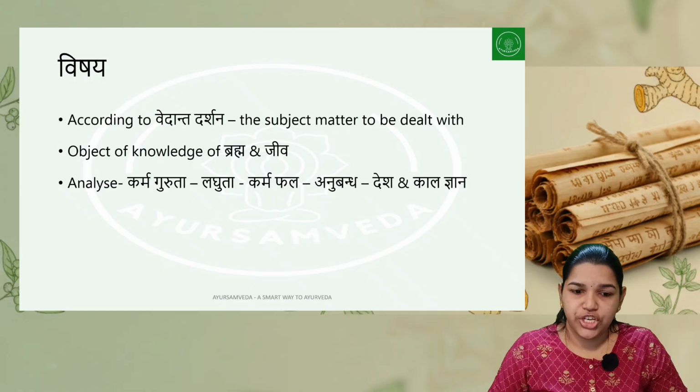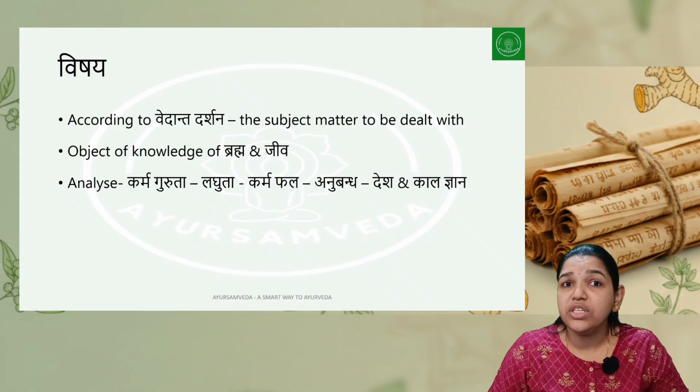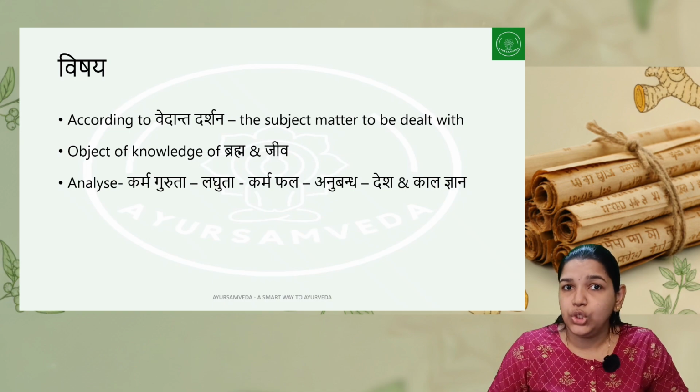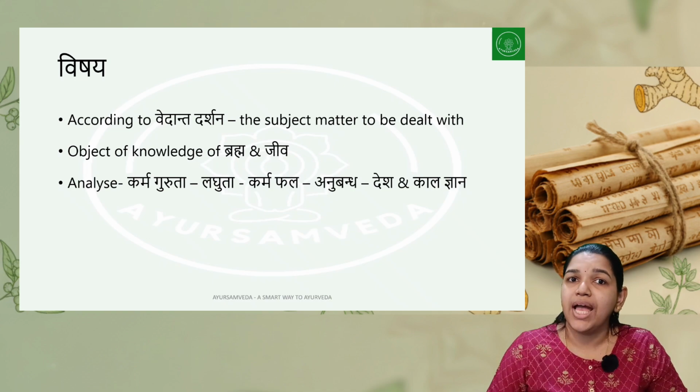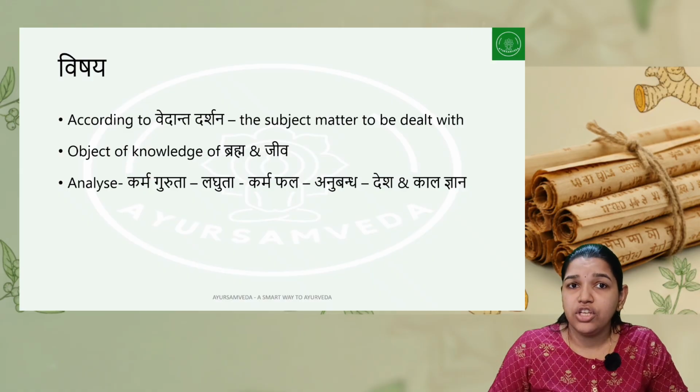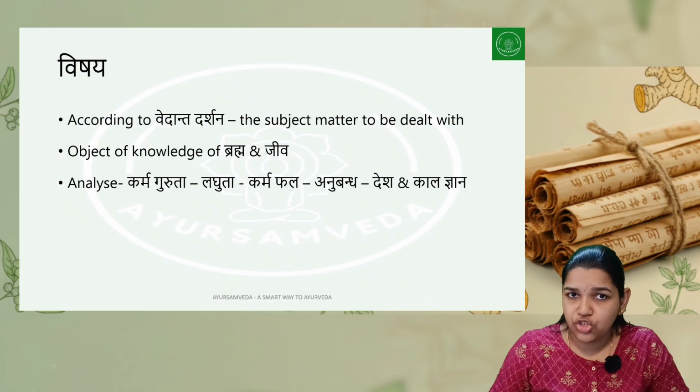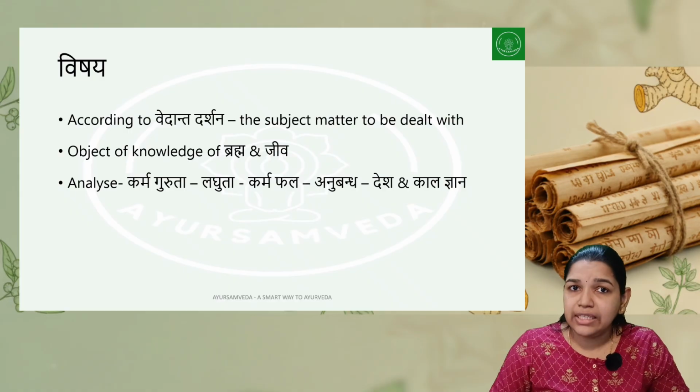So what is Vishaya? According to the Vedanta Darshana, the subject matter which is to be dealt with is considered to be Vishaya. Vedanta Darshana deals with two aspects mainly, that is the Brahma and Jiva. So the knowledge of Brahma and Jiva is considered to be Vishaya as per the Vedanta Darshana. And a person who is capable of studying some science is considered to be Adhikari, and this Adhikari